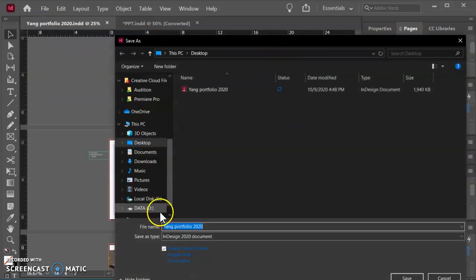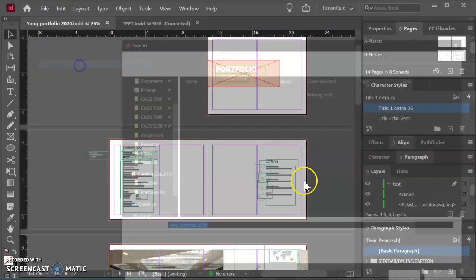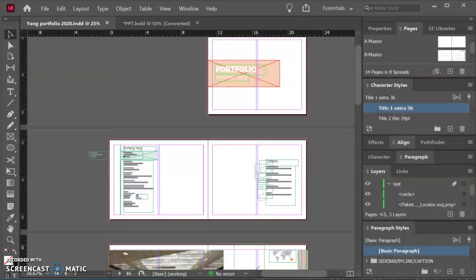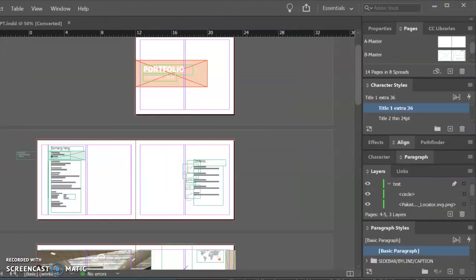If you didn't save your work yet, please name your work and then save the file. Don't change the original file type, InDesign 2020 document. After you save your file, there is an option you can use to share your document. When you press the share button at the top, let's see,